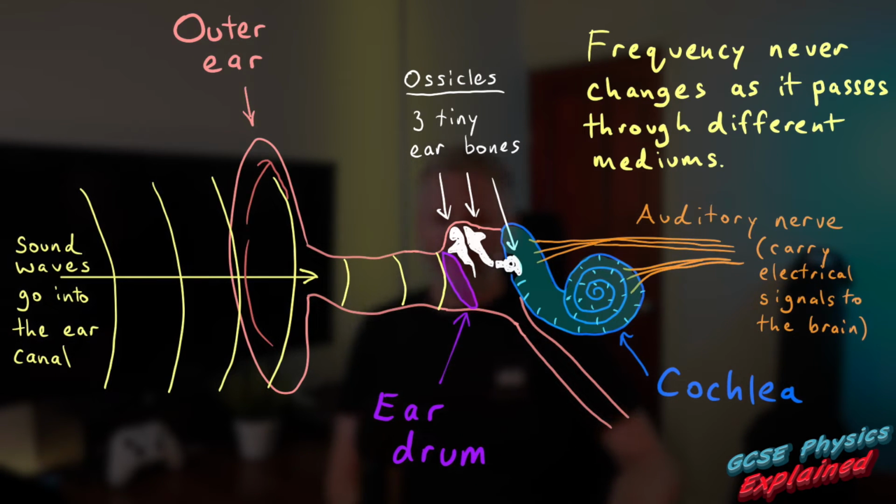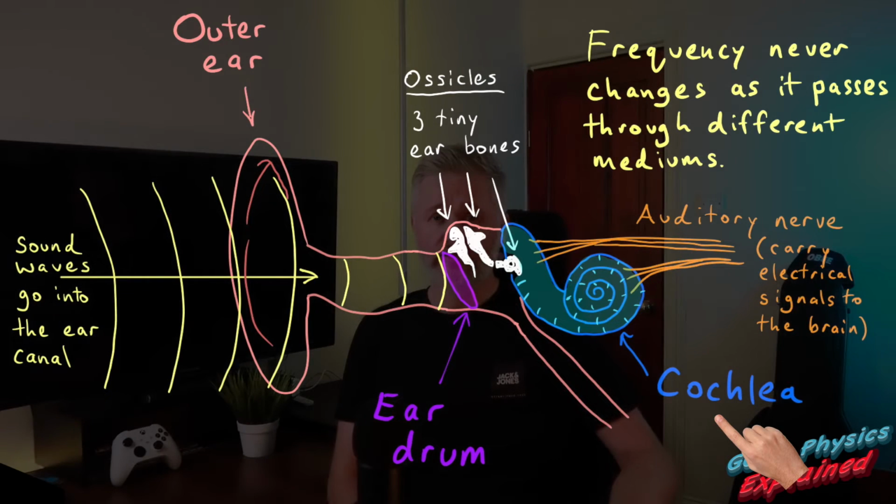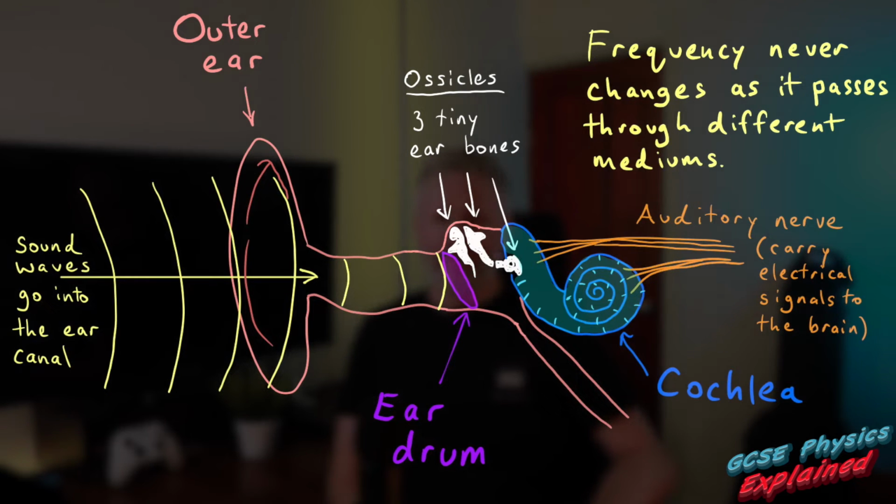The vibrations from the eardrum make three tiny bones called ossicles vibrate. The bones amplify the vibrations, which means it makes the vibrations bigger. The reason the vibrations need to be bigger is because they are passed onto the cochlea, which is a structure about as big as a pea and shaped like a snail shell. It's filled with fluid. The vibrations make the fluid in the cochlea vibrate, which in turn makes tiny hairs on the cochlea walls vibrate. The hairs turn the vibrations into electrical signals called impulses, which are sent along the auditory